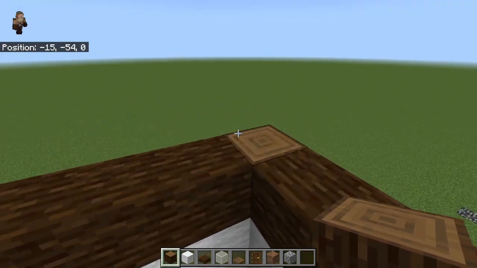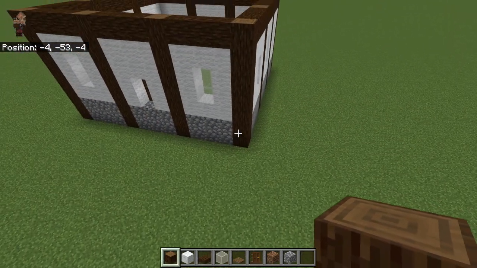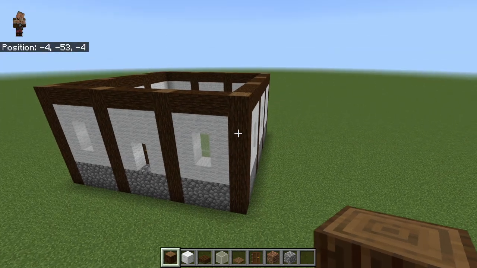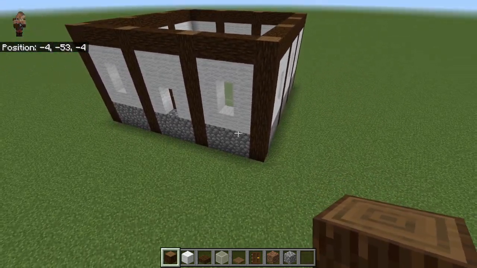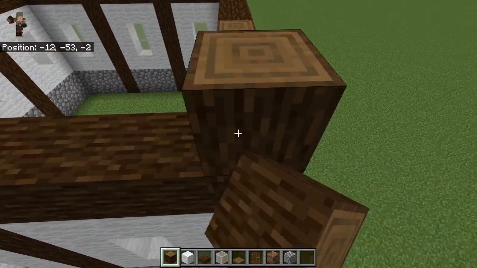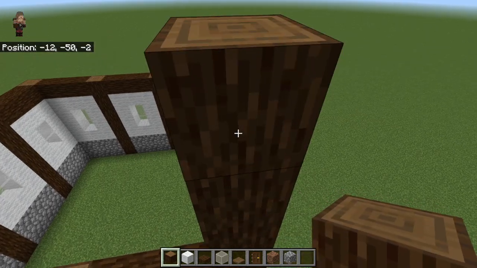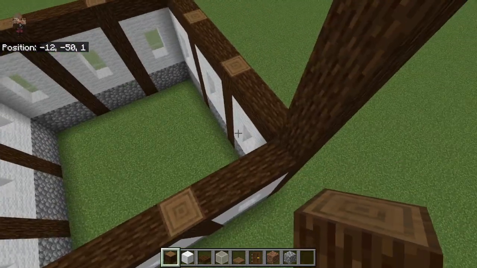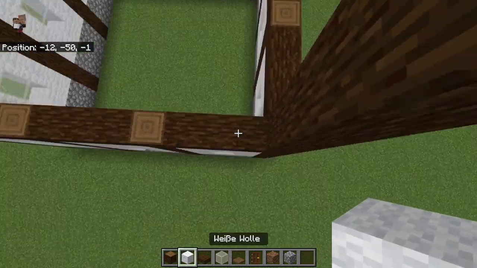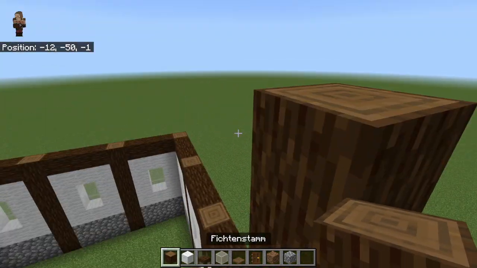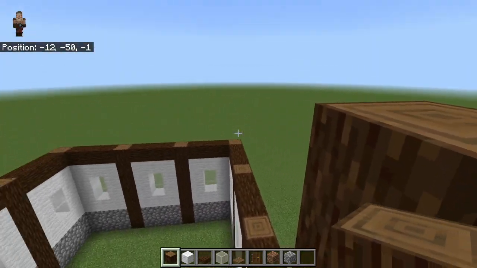By doing the second layer, I will do basically most of the stuff I did for the first layer. So we will place 5 logs of spruce in the air to create a pillar, and we will do it also all around the entire building,